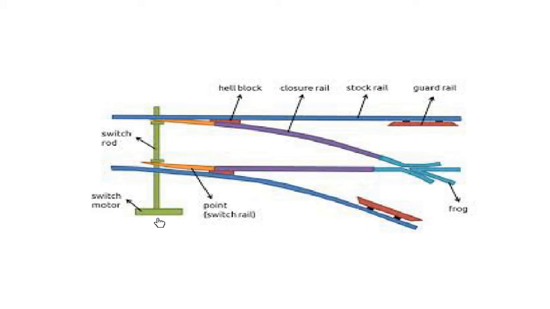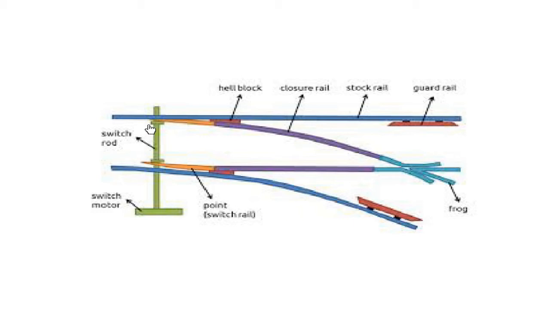Now in this position you can see here, this tapered rail or the tongue rail is very close to the stock rail, and here there is a gap provided. Now in this condition, if the tongue rail is moved up, then there is no gap for the flange of the wheel. It comes on the tongue rail and it moves like this. When coming to the lower portion, a gap is provided. The flange of the wheel moves through the gap and then again it comes over to this rail. That means it is getting diverted to the right.